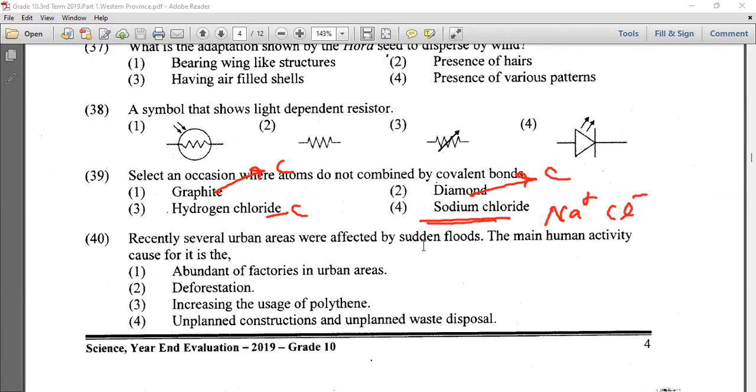Recently, several urban areas were affected by sudden floods. The main human activity that causes this: abundance of factories in urban areas. Okay, deforestation. Okay, increase of the usage of polythene. Okay, unplanned construction and unplanned waste disposal. Urban areas can be